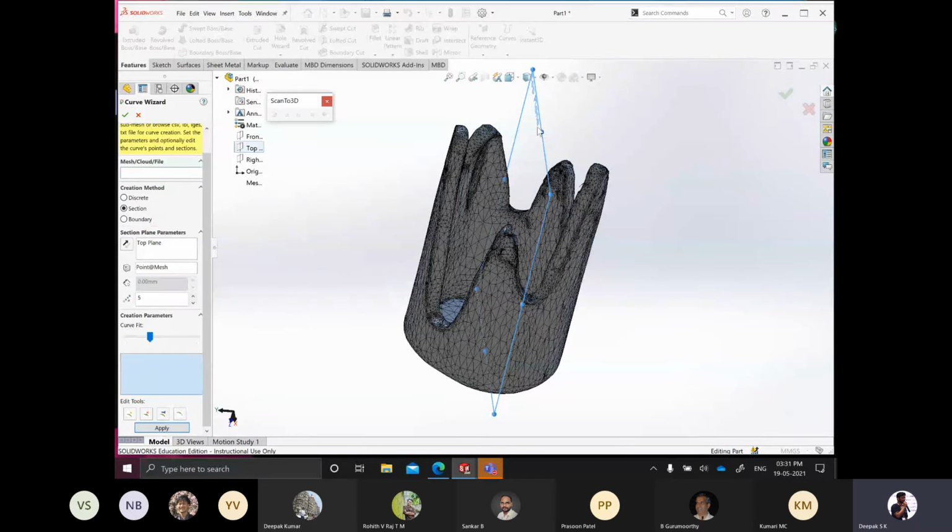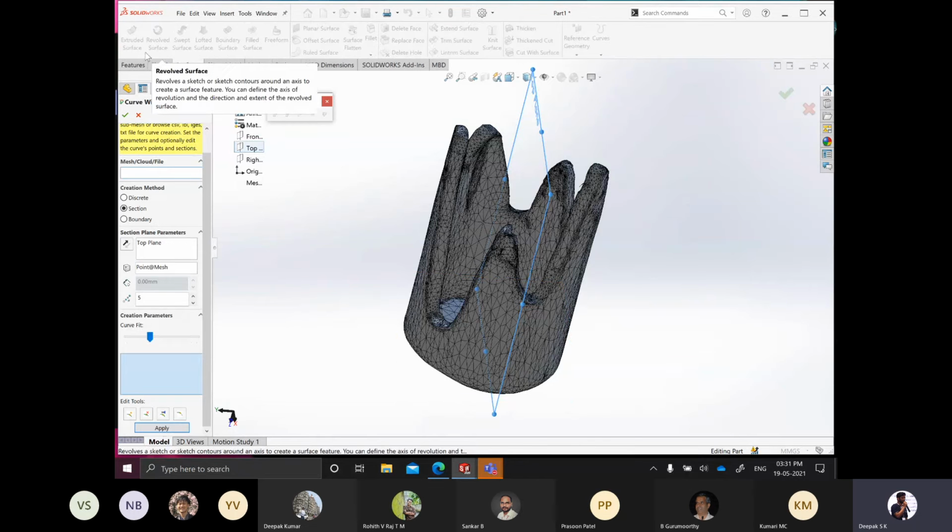So you can imagine when you have multiple planes here, you will have multiple curves, and if you do the same operation in the perpendicular direction, you will have doubly curved lines, on which you can later do other operations. For example, you can go to surfaces, and then you can have a filled surface or boundary surface. You can do that kind of operation.